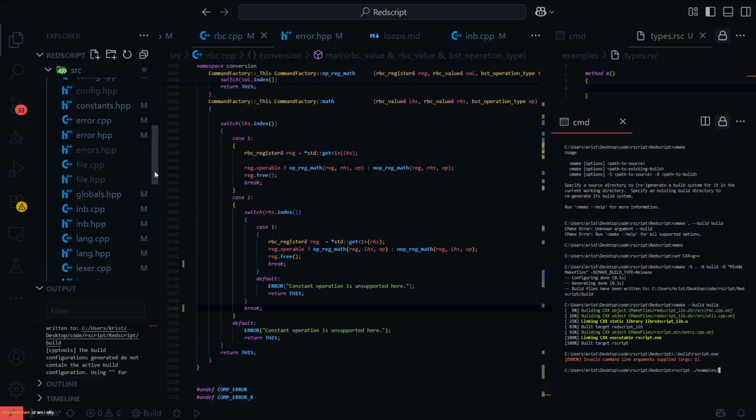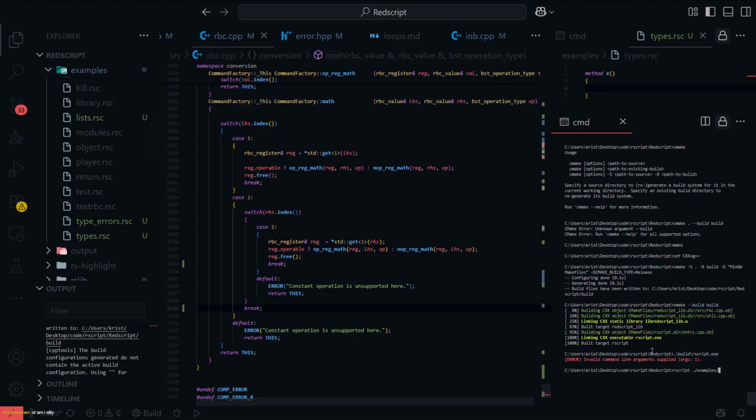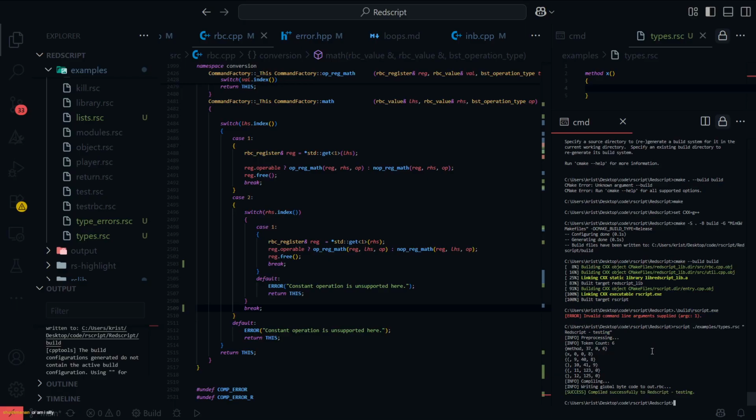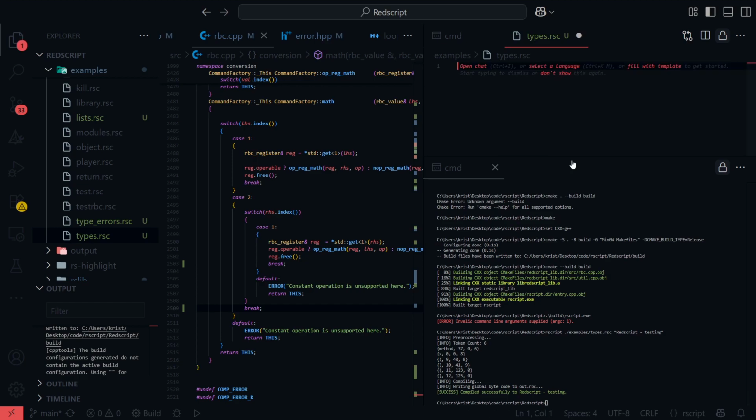Examples. We were doing types, weren't we? Yeah, types. Hey, nice. All right, cheers, man. So, right now, I need to make it so this function method X should not compile. It needs to have a return type, like that.